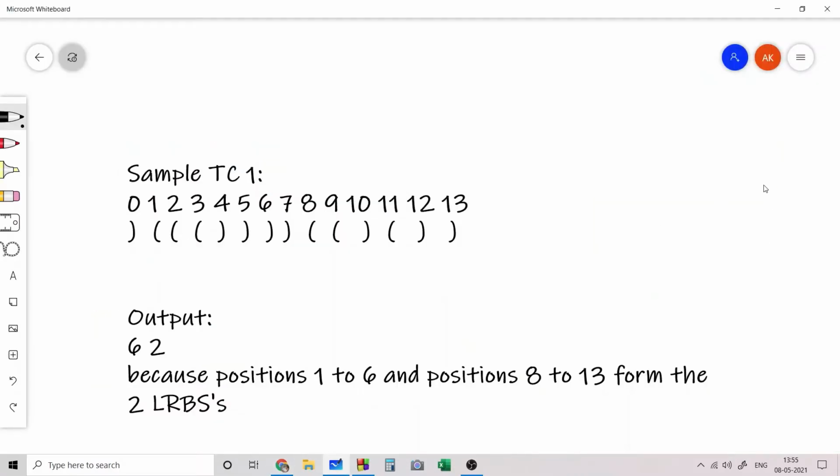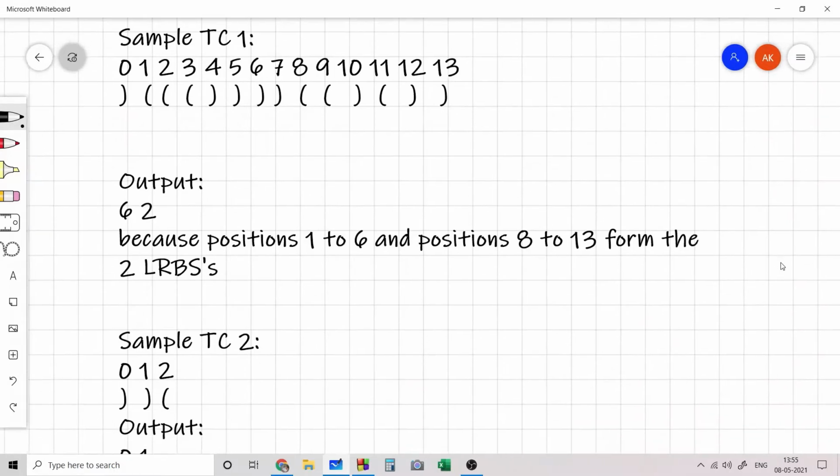In the first sample test case, we are given a string of length 14, and this is the string with these characters at the indices. The correct answer for this test case would be 6 and 2, because there are two regular bracket sequences of length 6, and 6 is the maximum length of a regular bracket sequence which is a substring of the input string.